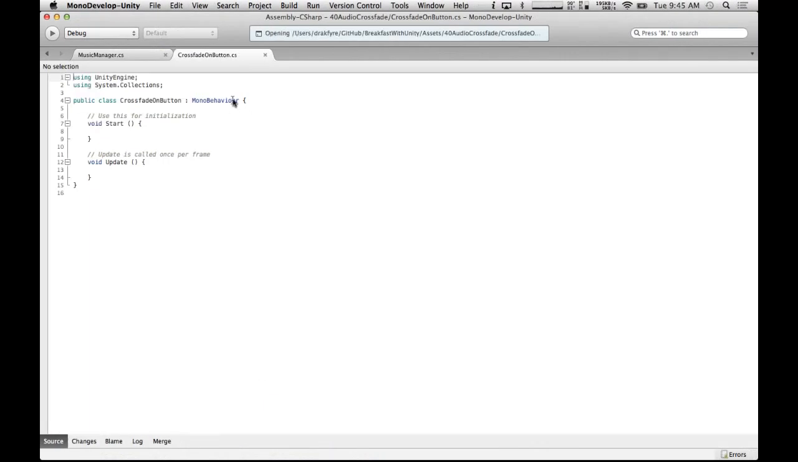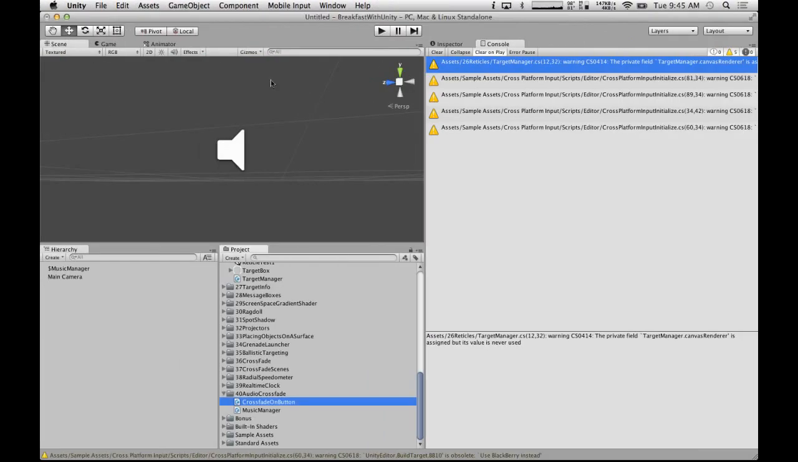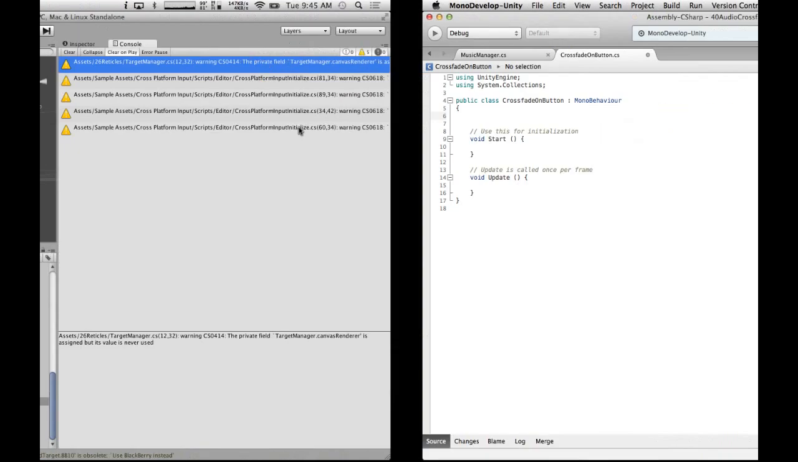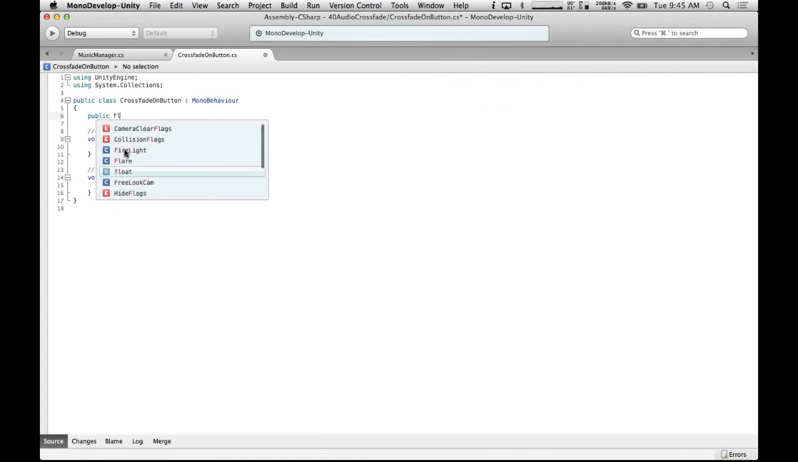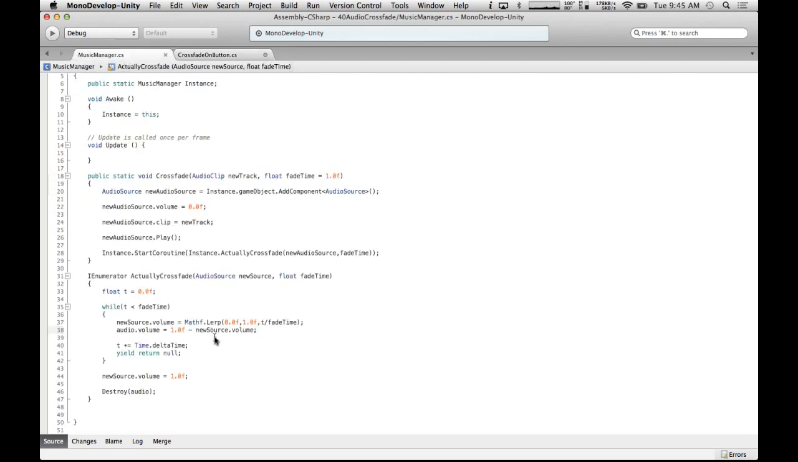Crossfade on button. What we're going to do is have, I'm going to call it, audio track 1 and audio track 2. Public float, public audio clip track 1, public audio clip track 2. And all we're going to do is in update. The other thing we should definitely do